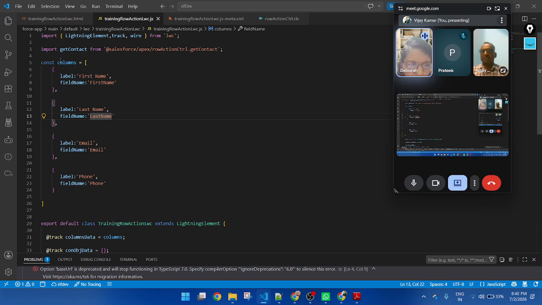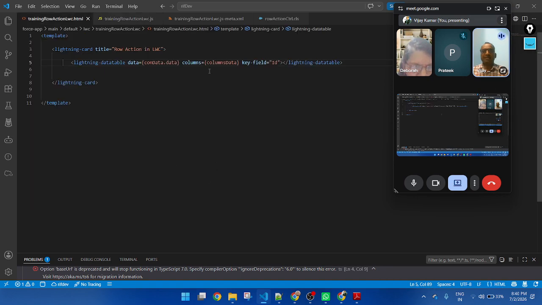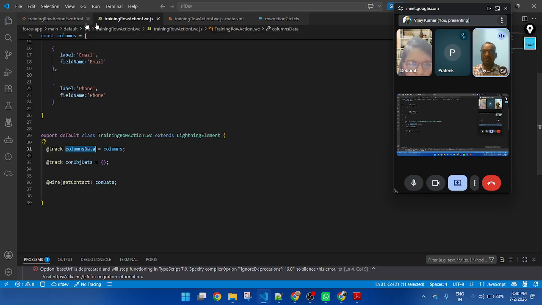And this variable I am passing inside this variable. So this track variable is storing the value, and this column I am assigning here. Now key field, it is mandatory also. Now let me save all of the files and deploy the code.